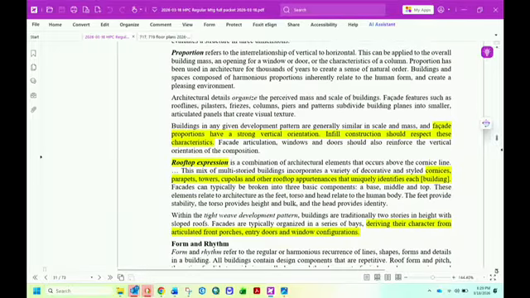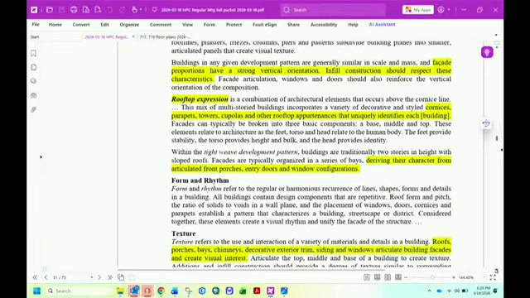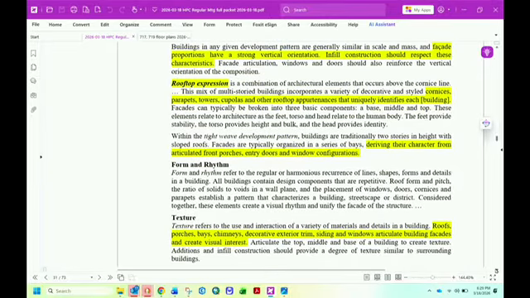Then when we get into some of the principles, we have proportion with regard to facade proportions, have a strong vertical orientation. Infill construction should respect these characteristics. So for anyone concerned about the lack of the chimney, we have roof expression.